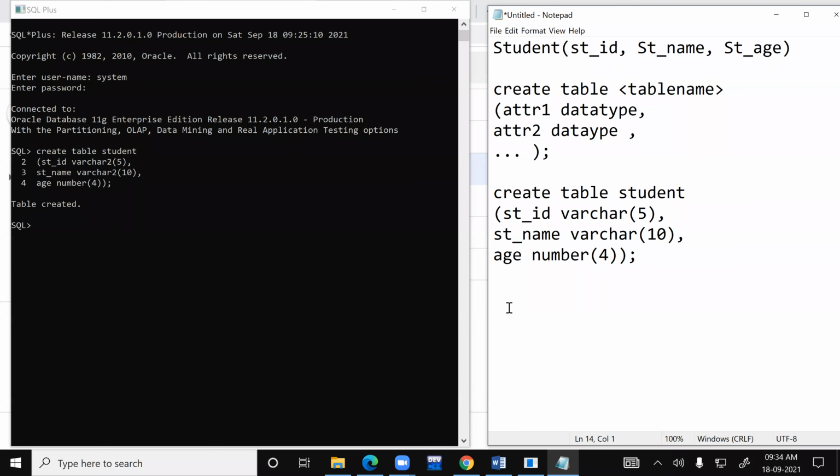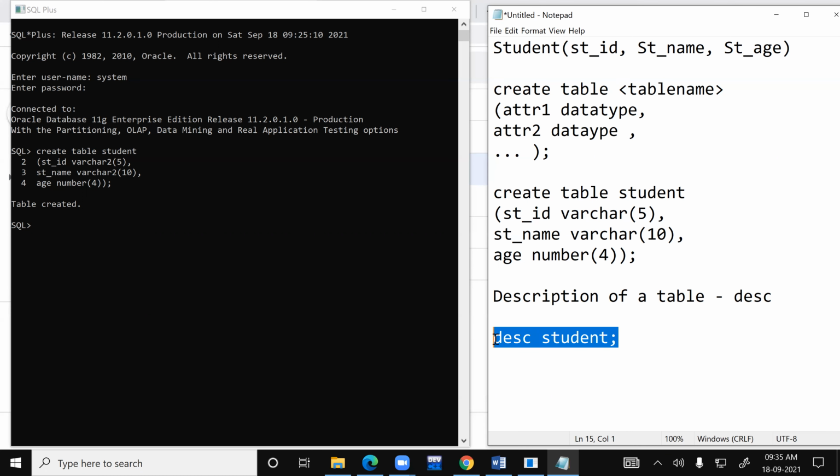You will want to see how the table looks. Okay. Now, to see the structure of the table or the description of a table, you do have a query called desc. D-E-S-C, description. Okay, it's very easy to remember. To see the description of a table, you will have a query called desc. Okay, so I'll just simply type over here desc. What is my table name? My table name is student.